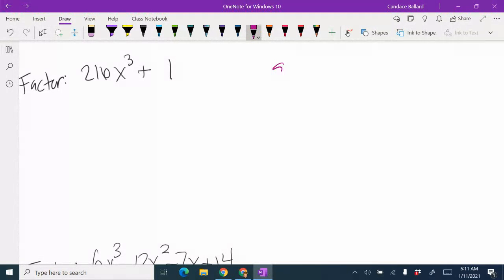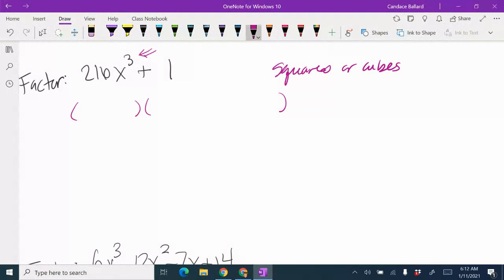So I have to ask myself, are these terms squares or cubes? So I notice that 1 is a square number, but 216 is not. I also notice that there's a cube on that exponent, so these are probably cubes. So since I've determined that it's cubes, I start by setting up a binomial times a trinomial, and I put